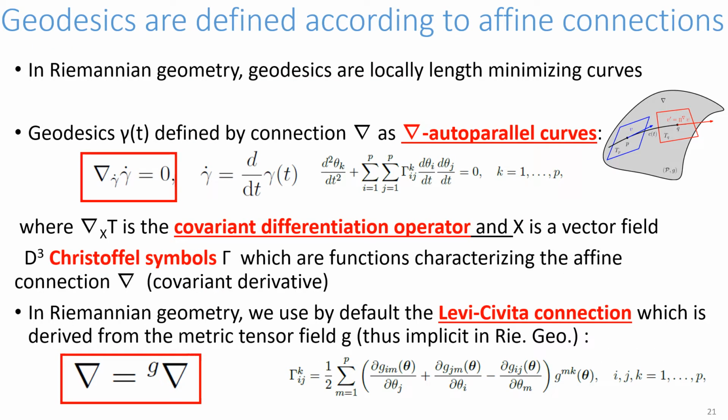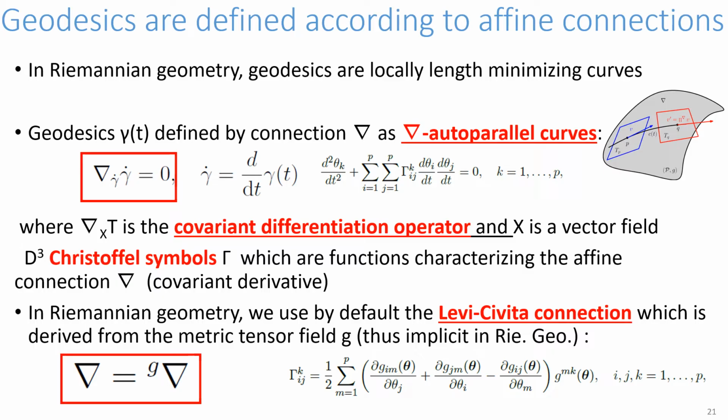First, we shall give a general definition of the concept of geodesics in differential geometry. We said earlier that Riemannian geodesics are locally length minimizing curves. In general, geodesics are the straight lines with respect to an affine connection ∇. Geodesics are said to be ∇-autoparallel curves. This ∇ is also an operator that is called the covariant derivative of a tensor field T by a vector